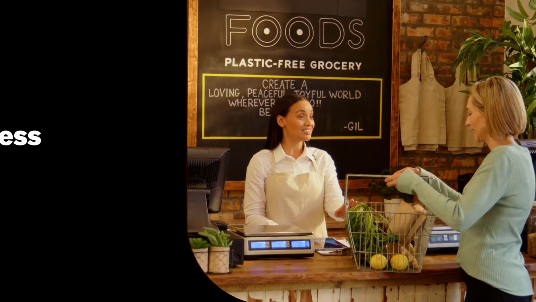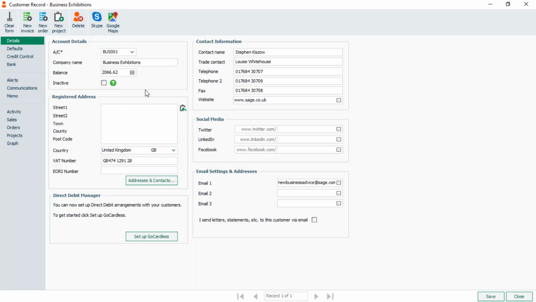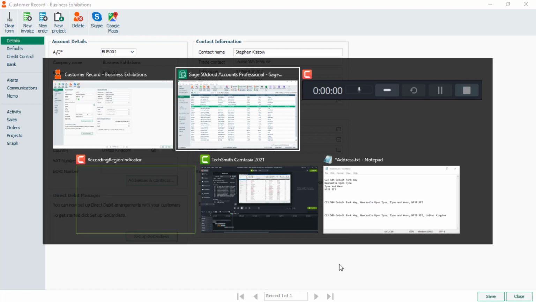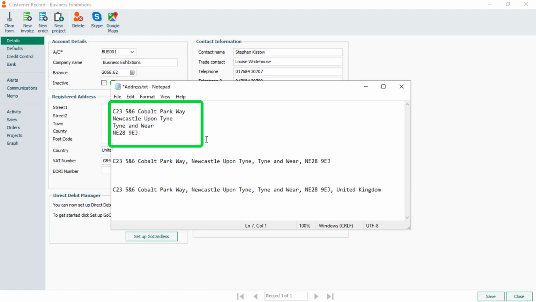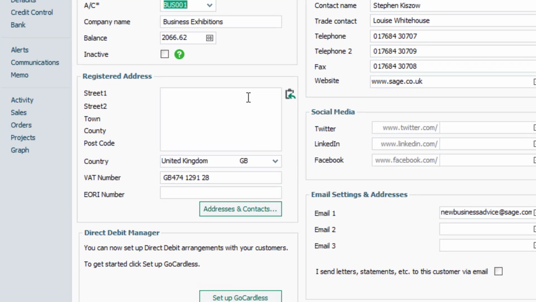Let's take a quick look at the paste option in action. We'll go into a customer record, and you can see we've got a blank address field. Now, if we access our Notepad file, so let's just tab to that one, and here we've got a range of addresses. So we'll highlight the first one, right click and copy, switch back to Sage, and rather than type